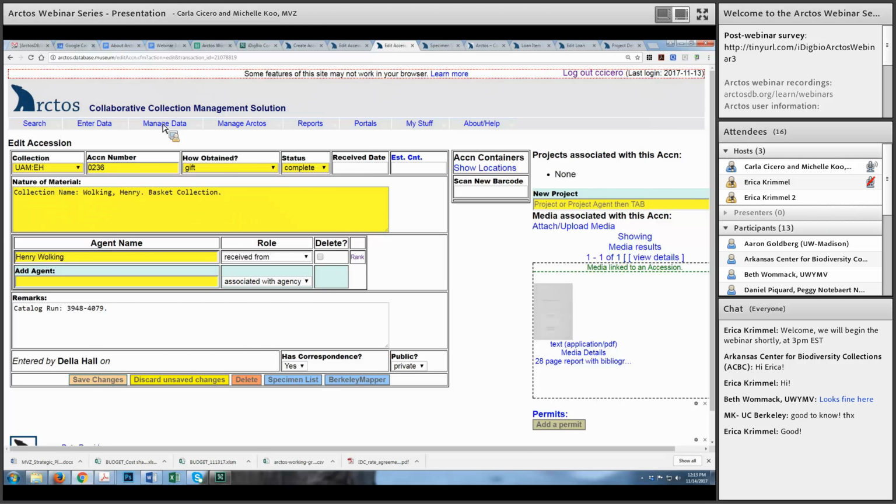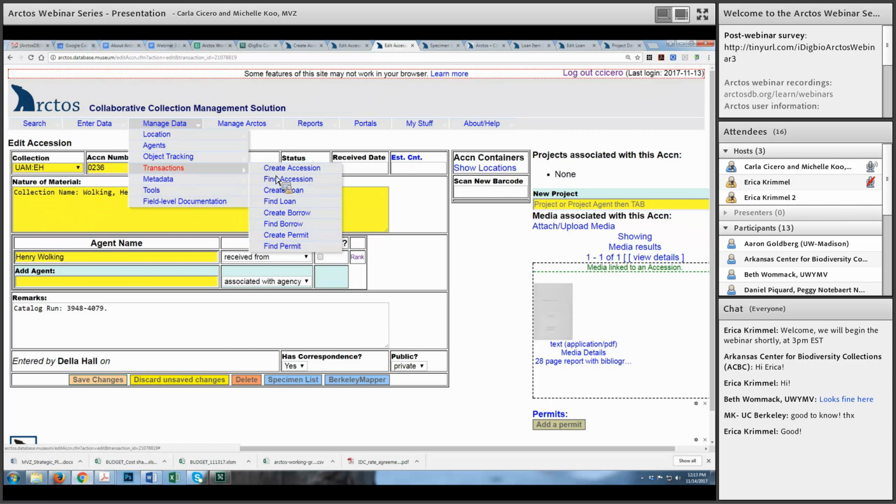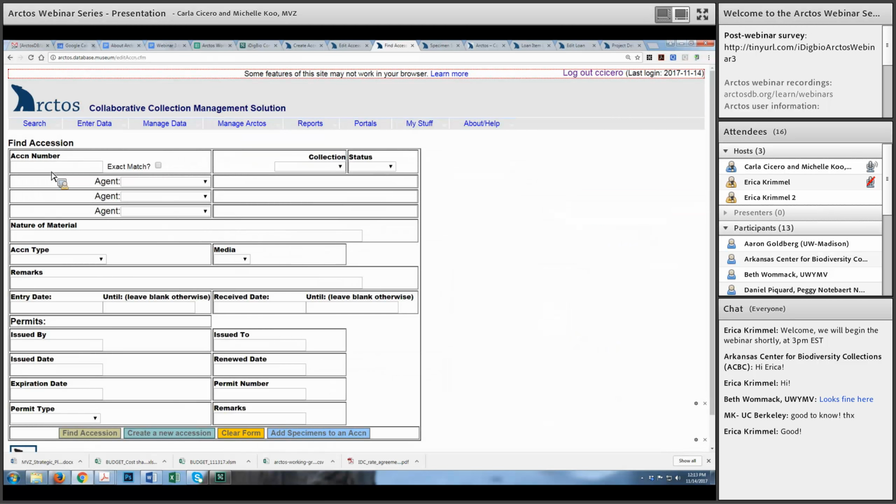You can search, so that's basically on collections. You can search on accessions, go to transactions, find accession, and you can search on a number of different fields, including the accession number, the nature of material, agent, so received from the collection, whether it has media or not, the dates it was received, things like that. So lots of different